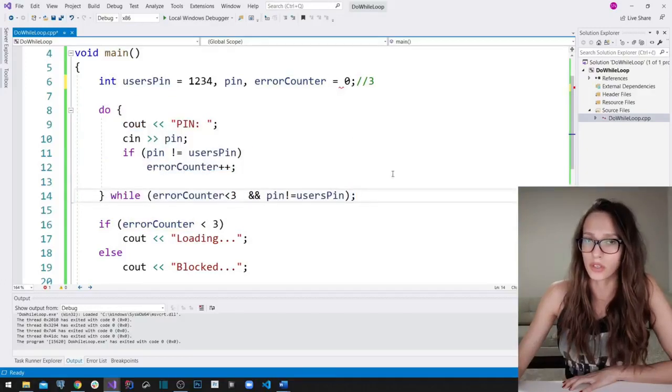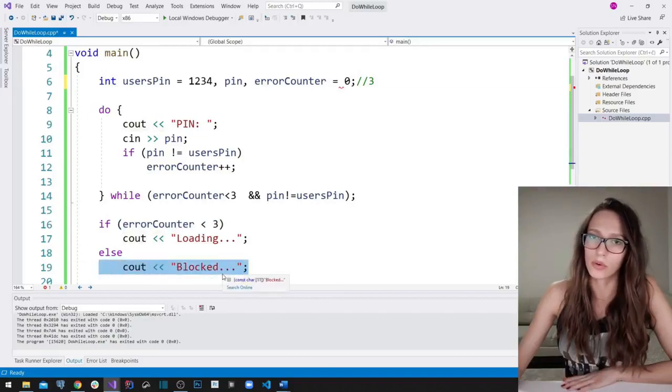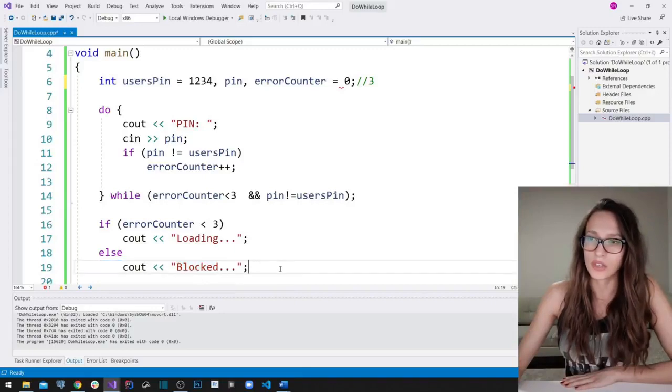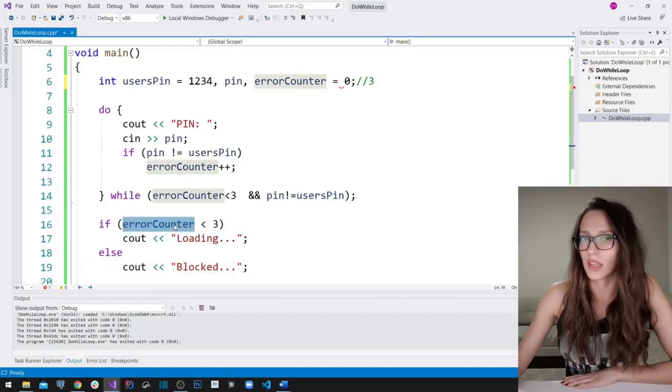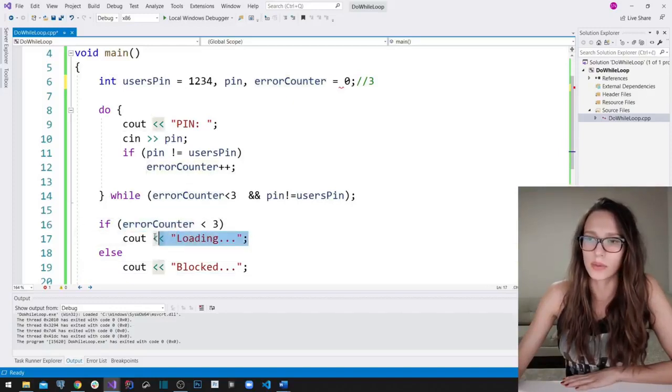So you are not going to continue the execution of your do while loop, but you come here, and then it checks whether errors counter is less than 3, because this here fails, because this here results as false. You are presented with this message here, so blocked. Your account has been blocked. Okay, and in a situation where your user guesses correctly, errors counter is going to be less than 3, and you are going to be presented with a